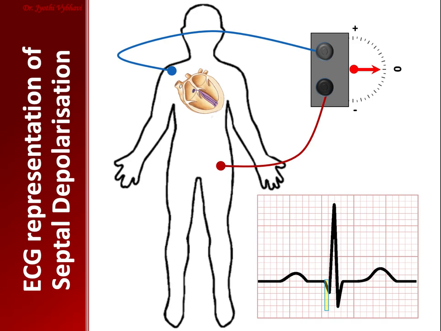You get a very tiny vector, a very small downward deflection, which is shown as the Q wave. This Q wave shows the septal depolarization of the ventricle. It comes just like that. That is the electrical event picked up by this negative electrode. So the Q wave is a fast, small, negative deflection representing septal depolarization. So this is the atrial depolarization, the P wave. Then the AV nodal delay, where there is no electrical activity when the AV node depolarizes. Then the Q wave representing the septal depolarization.